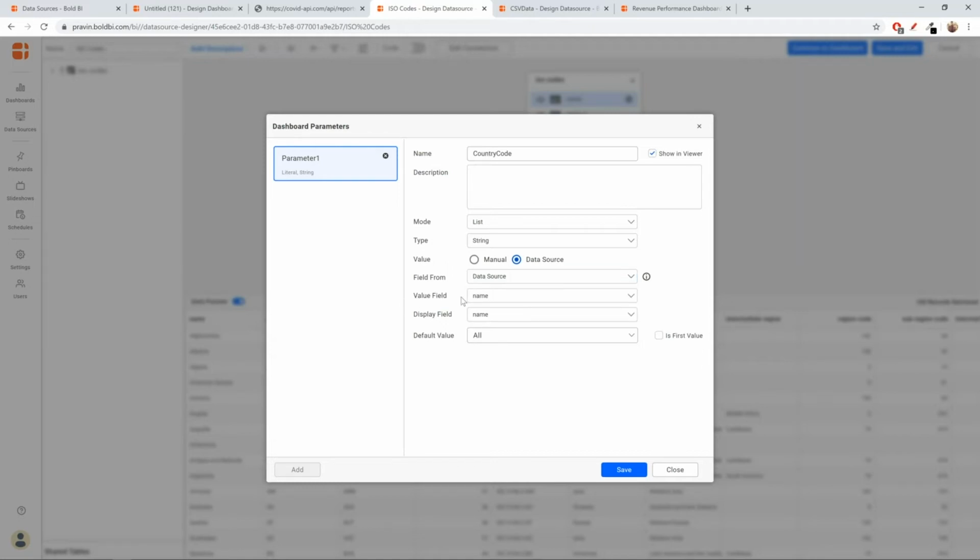And here we have the right use case. The value field will be the alpha 3 code, which is a 3-character ISO code. But the display value is going to be the name, which will be far easier for the users to understand and switch between the regions when they view the dashboard. The default value I'll set as first value, and I'll save this.